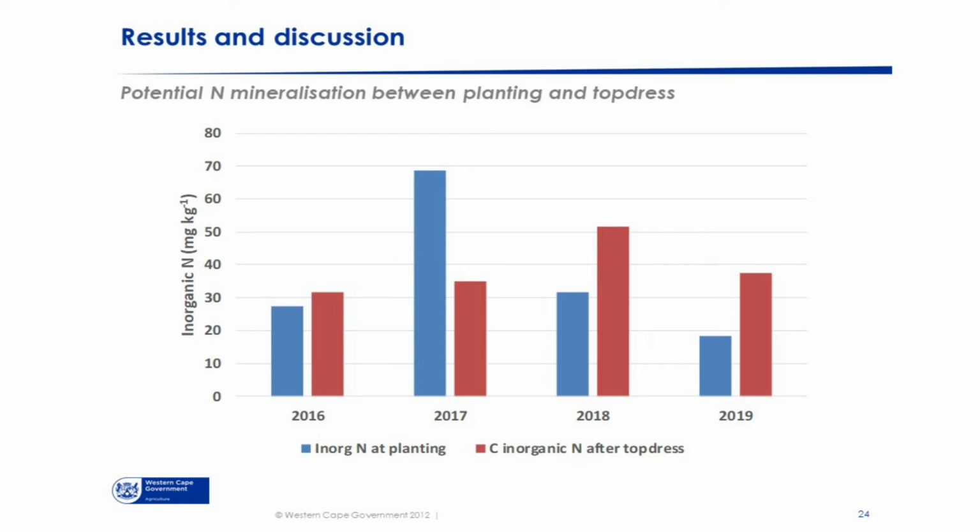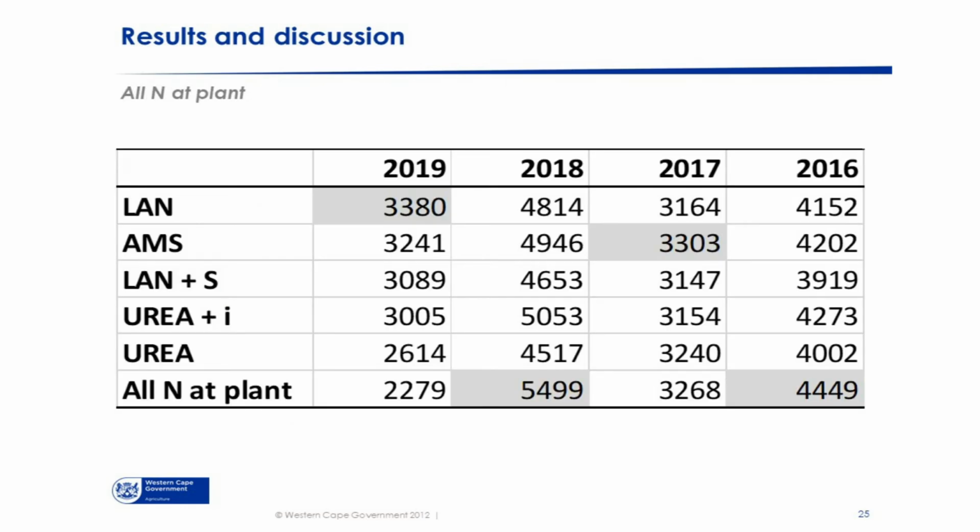2018, again, there was more nitrogen in the soil after top dressing, in the period after top dressing, but it is a zero nitrogen soil treatment, and 2019 as well. So what this tells us is that there is some mineralization, and this is a wheat after canola system. There is some mineralization of nitrogen because there's more nitrogen after top dressing in the zero nitrogen plots compared to before planting.